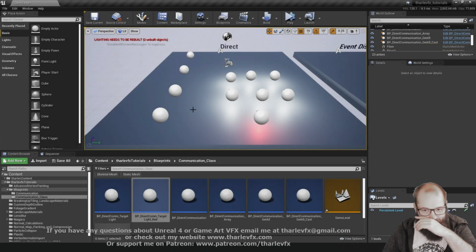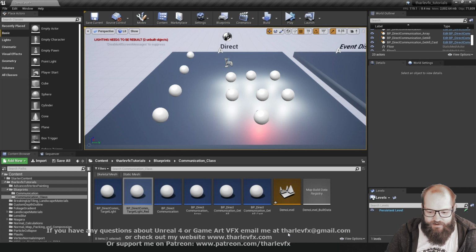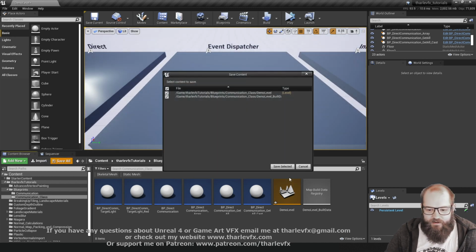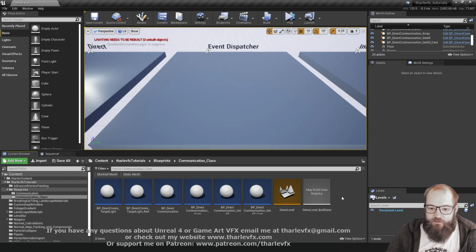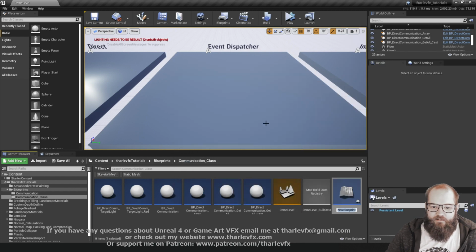This week we'll be carrying on directly from the direct communication that we were looking at last week, and we're going to have a look at event dispatchers. So I'll just quickly save all these. We need to create a blueprint that will do an event dispatcher. So going to here, I'm going to create a new actor blueprint,